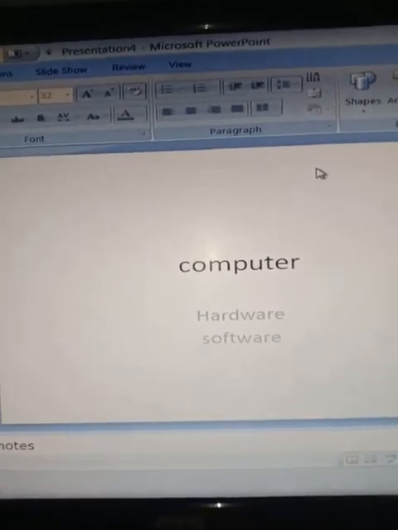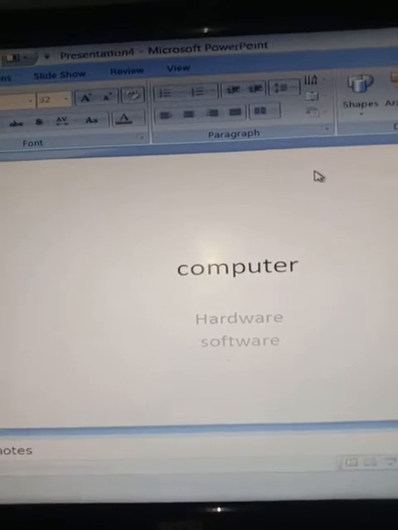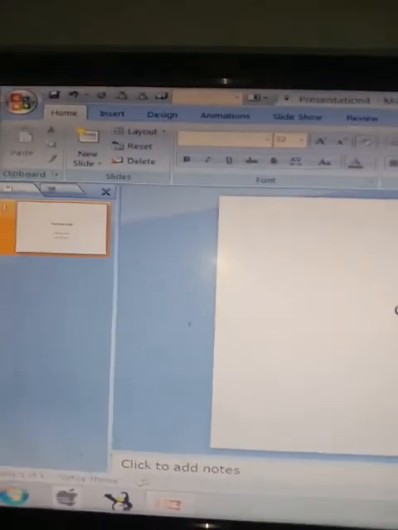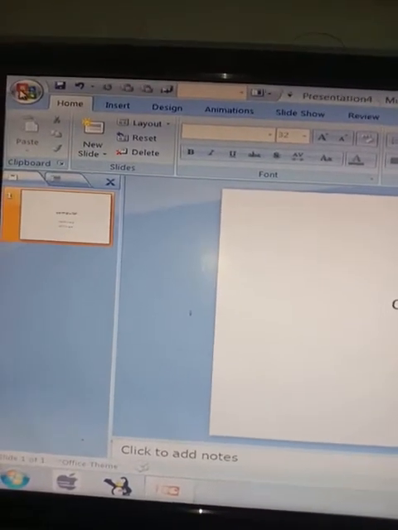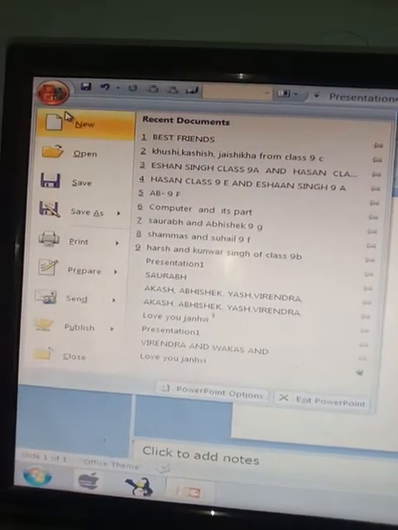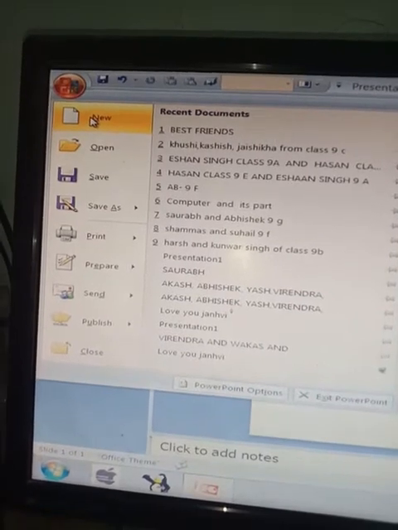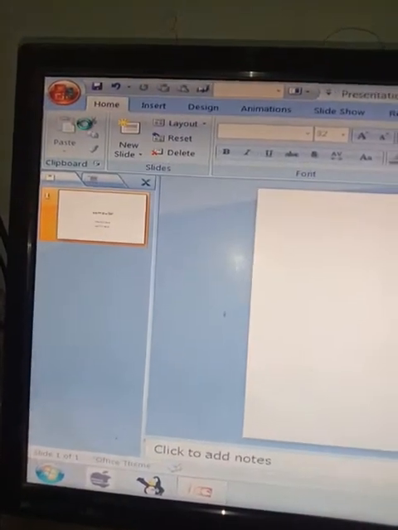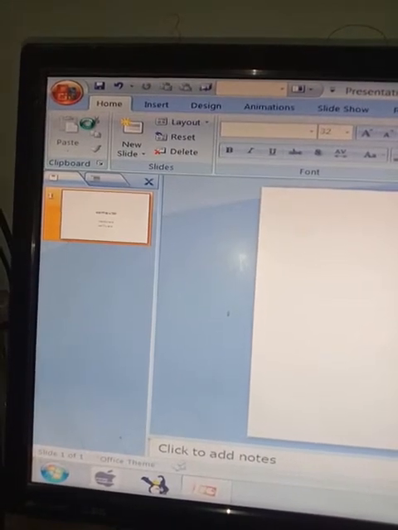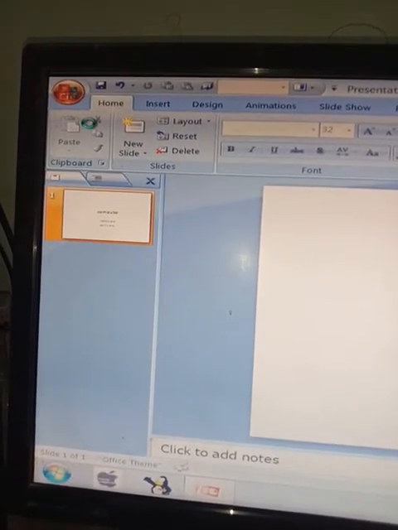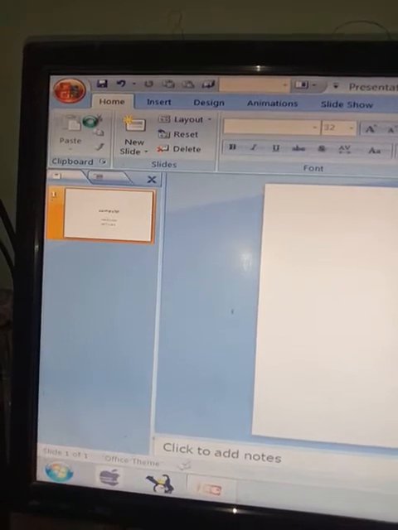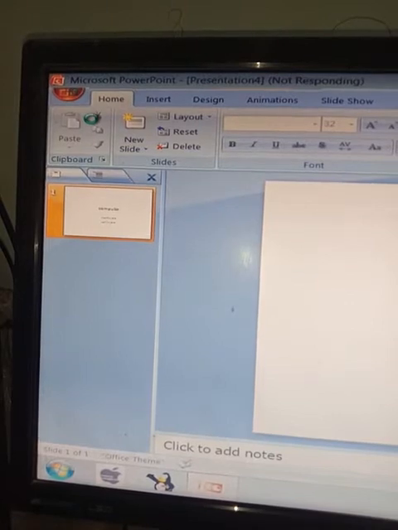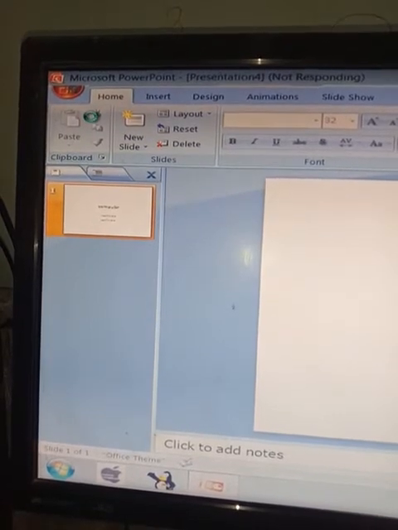Now the next topic that we are going to discuss is creating a new presentation. How to create a new presentation? To create a new presentation, first of all, move to the File tab. As soon as you click on the File tab, we will have the option of New over here. Left click on the New option. As soon as we left click over the New, we will get a window over here, and in the window we have to select the blank option.